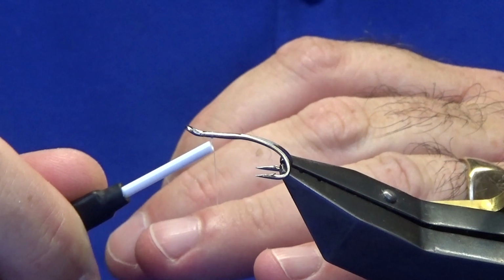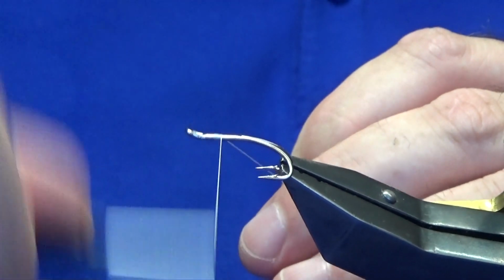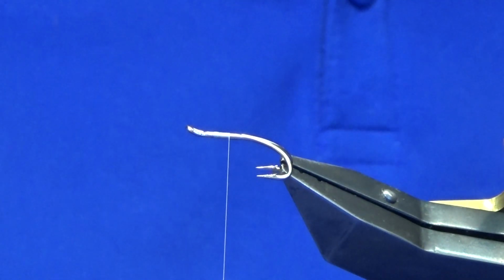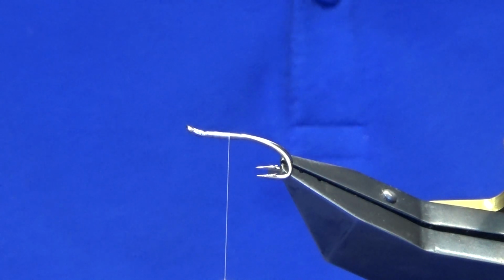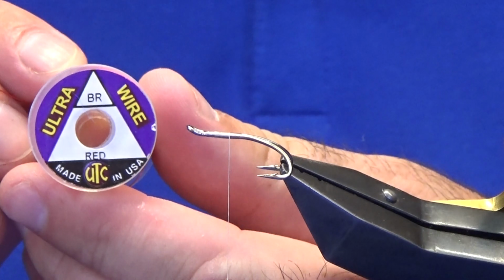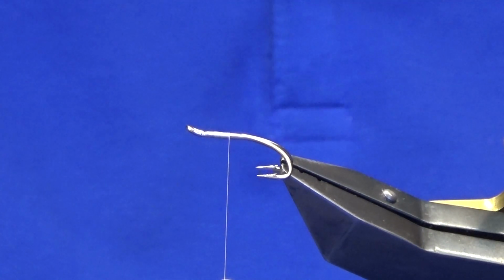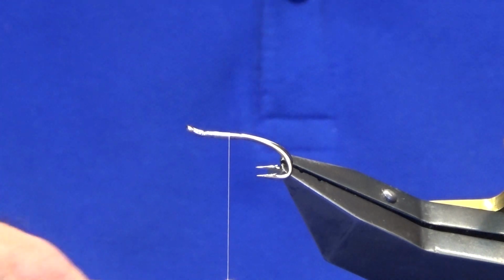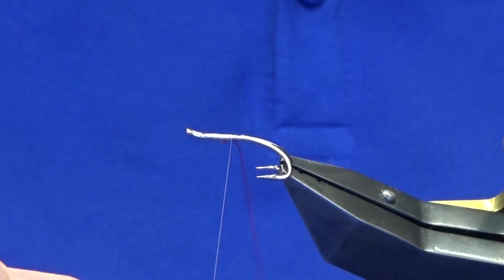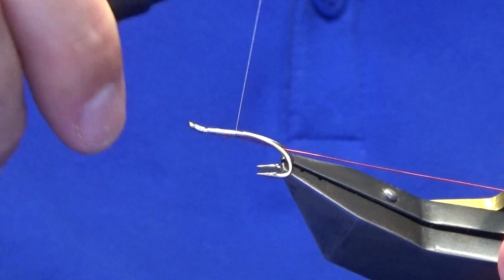So I'm just going to come in a couple of mil behind the eye of the hook, get my thread started. Simply run on a couple of mil of thread and then remove your waste end of thread. Now the rib and the tag is going to be an ultra wire in bright red. Now you'd usually use silver, but I'm going to use the red. So I'm just going to offer this in underneath the shank of the hook, take a couple of turns, then bring the wire in underneath the shank